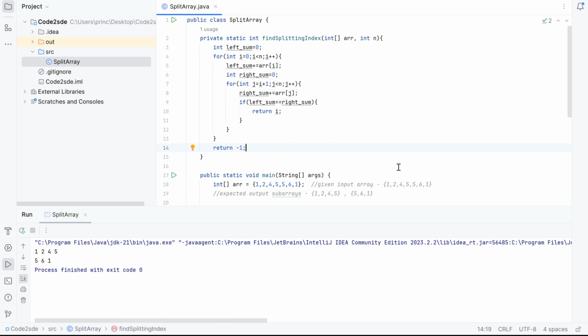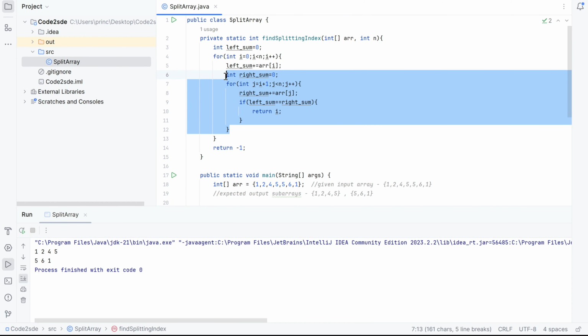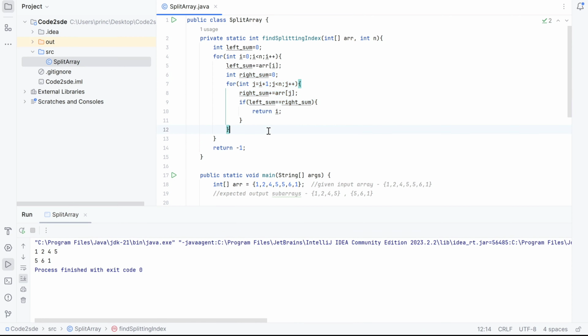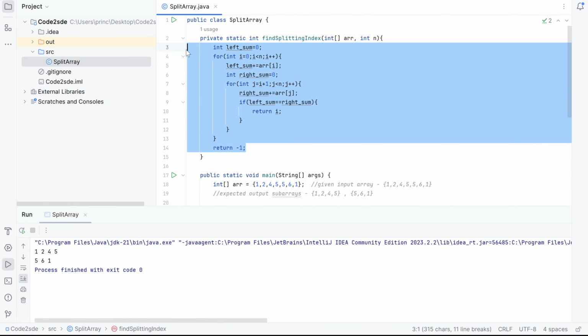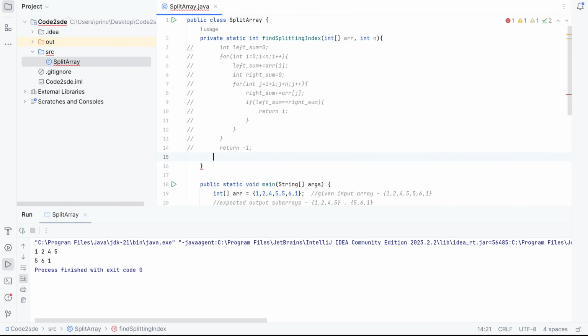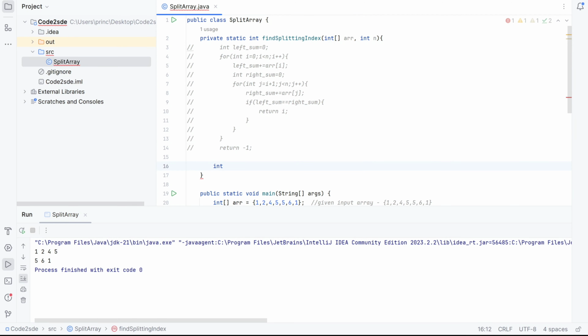So optimized solution के लिए हमें ये big O of n में solve करना है, which means I have to avoid this nested loop, which I was writing to calculate the right subarray sum. So right subarray का sum हम लोग एक extra loop से अब calculate नहीं करेंगे, बल्कि total array का sum हम पहले निकाल लेंगे इस loop से पहले, और total में से left subarray का sum हम minus कर देंगे, तो हमें right subarray का sum मिल जाएगा, right? So ये extra loop जो है वो हम नहीं लिखेंगे। So let's do that. So मैं ये piece of code को comment कर देता हूँ और directly हम लोग new logic लिखते हैं. For that